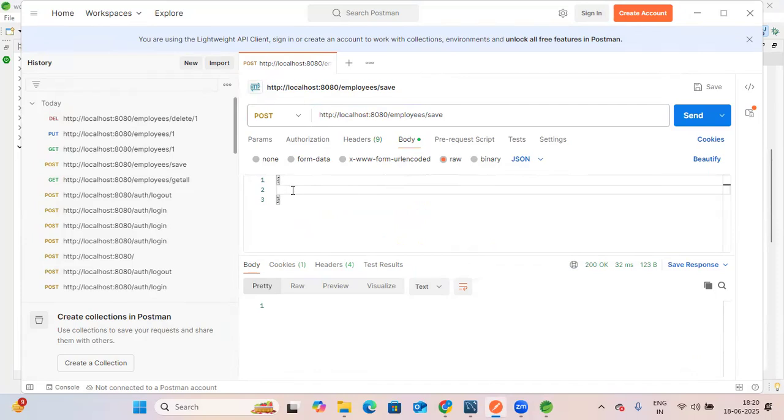Inside open curly braces, write ID 1, then we have name colon Anuj, then we have department colon